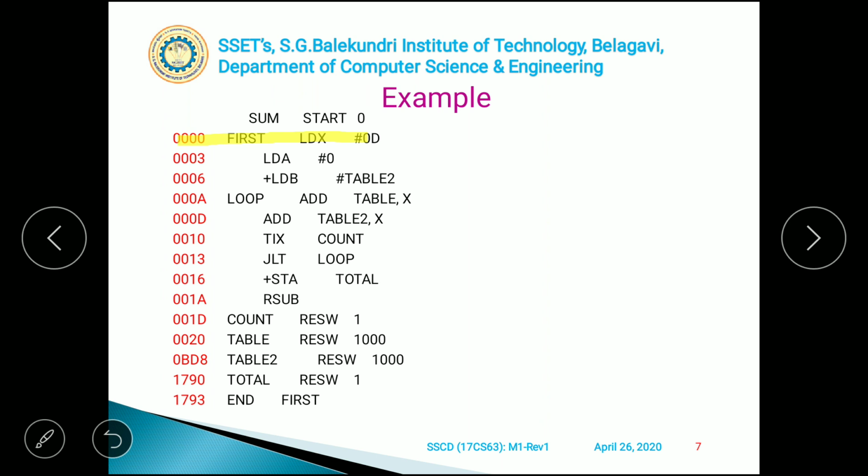It means that this is an immediate addressing mode. So this is a format 3, that's what we have added, 0 plus 3, it's 3 bytes. Similarly for this also it is 3. But when it comes to the 6 here, 6 plus, see here this plus is indicated, this plus means it is an extended format. So you have to add 4 to that, that is 6 plus 4, you will get it as a. So like that it continues.